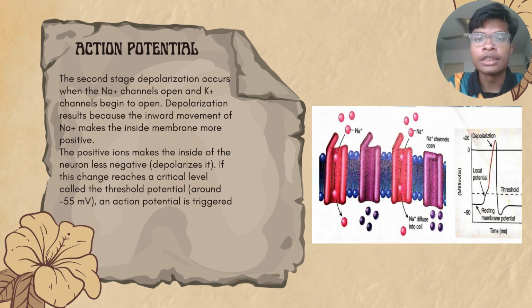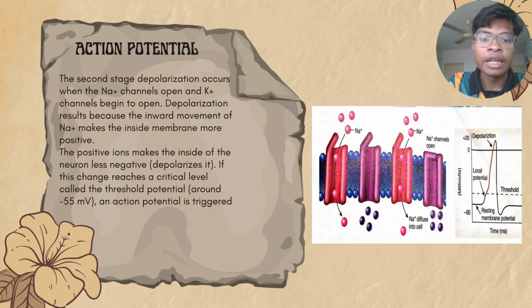Now, moving on to the second stage, which is depolarization. Depolarization occurs when the sodium channel opens and the potassium channel begins to open. Depolarization results because the inward movement of sodium ions makes the inside of the membrane more positive. If this change reaches a critical level called the threshold potential, which is around negative 55 millivolts, an action potential